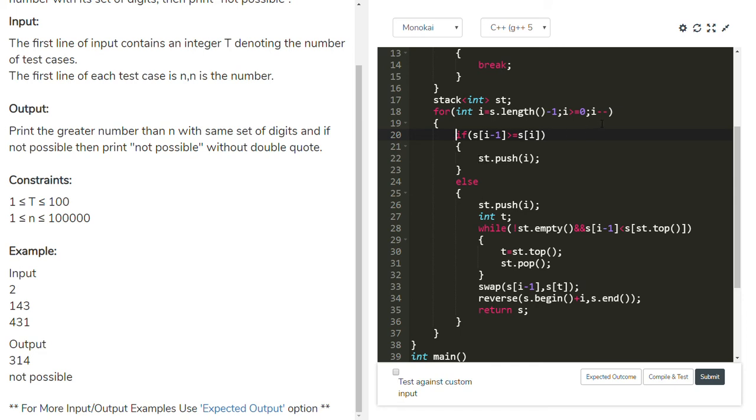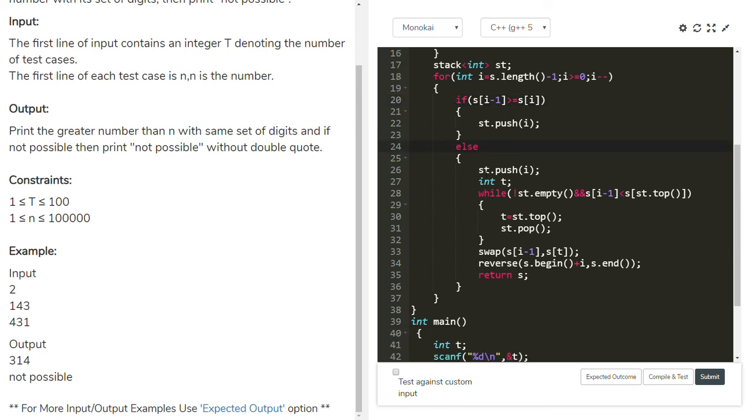Then i decrements, i value is 1 now. 1 minus 1 is 0. s of 0 is greater than or equal to s of 1? s of 0 is 1. 1 greater than or equal to 4? False. Then comes the else block: st dot push i. So this index is also pushed into the stack, nothing but 1. 1 is pushed into the stack.